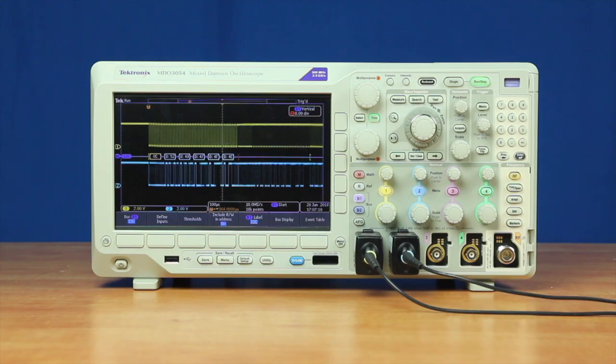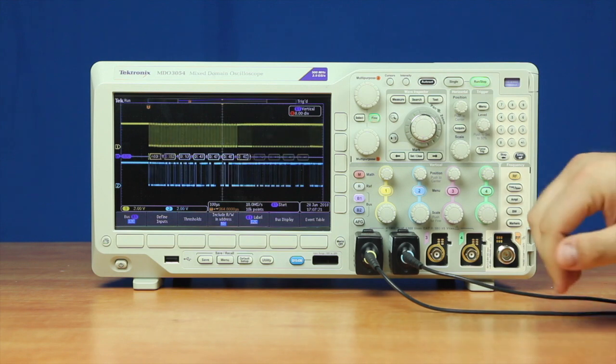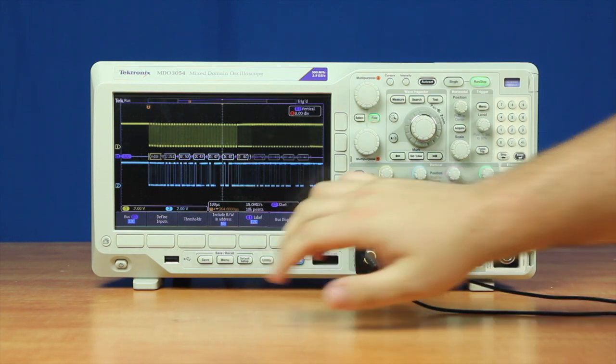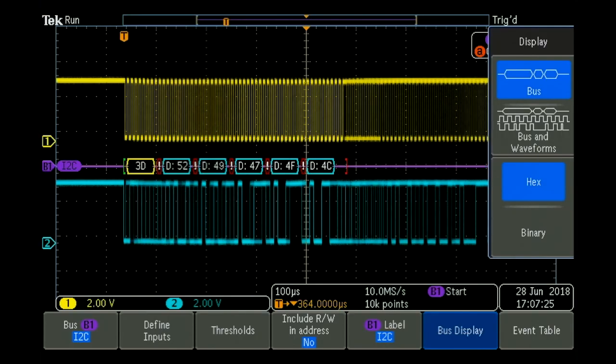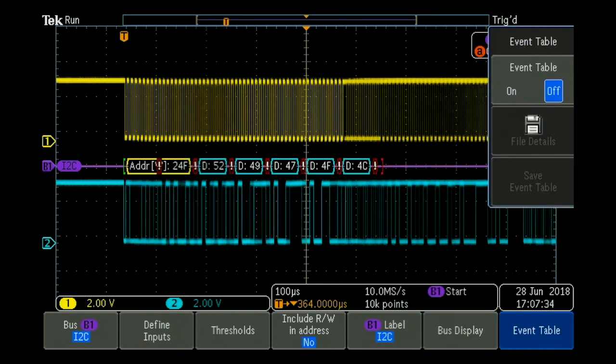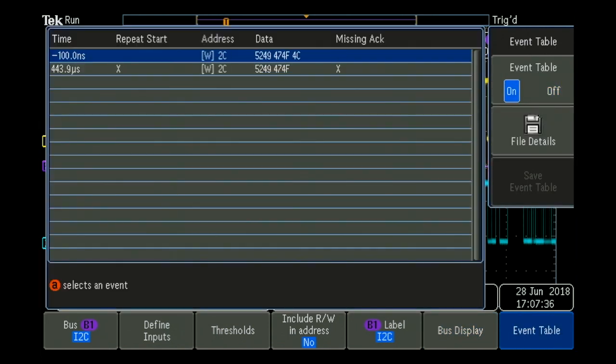The MDO3000 allows the user to select a couple different modes to view the signal. We can choose between hex or binary, which allows us to view the signal on the screen. The other aspect about this instrument is we can use the event table. And the event table is rather useful when we say